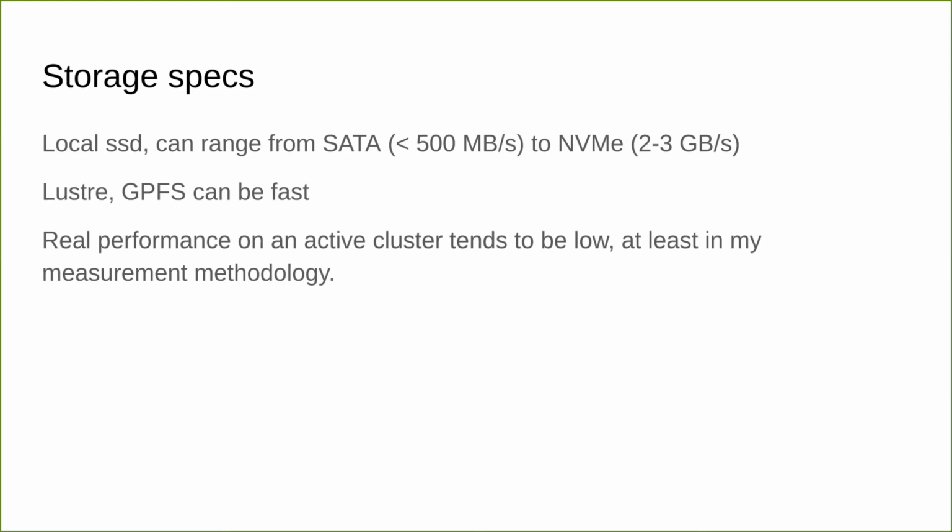I'm going to roll right on to storage specs. It's important to note that the local disk is an SSD, but it can range from a SATA disk in some of our older nodes to NVMe, which all test out at about 2 to 3 gigabytes per second. Lustre and GPFS can certainly be fast. And the real performance of nodes tends to be